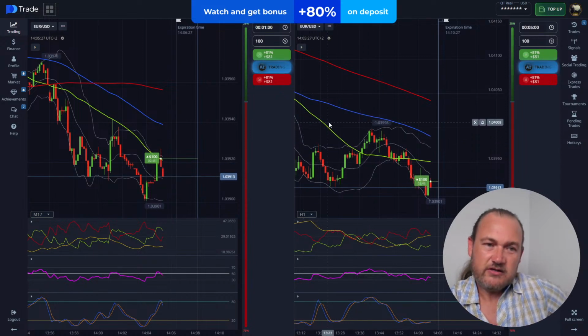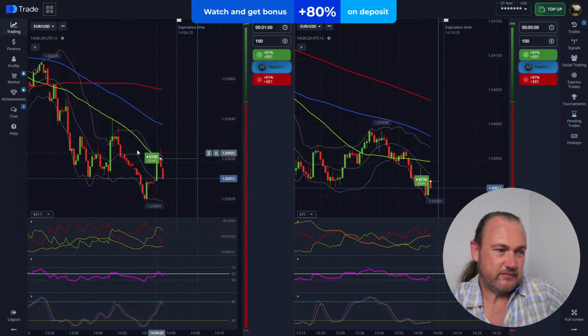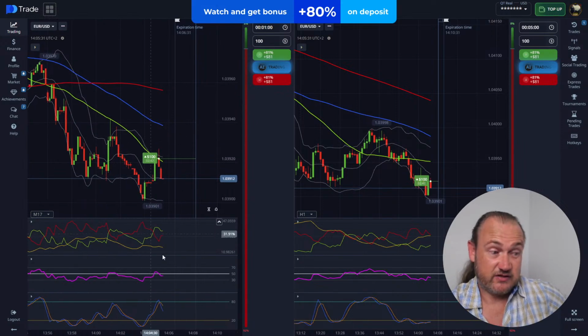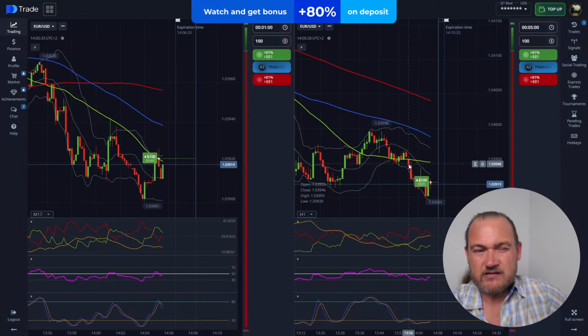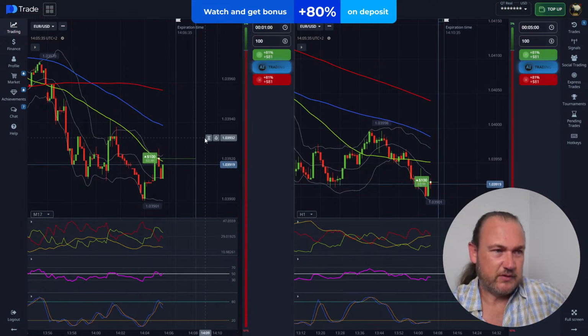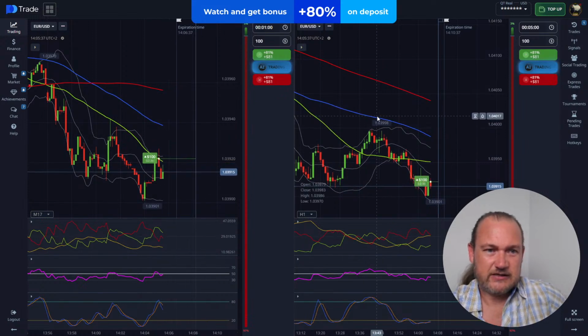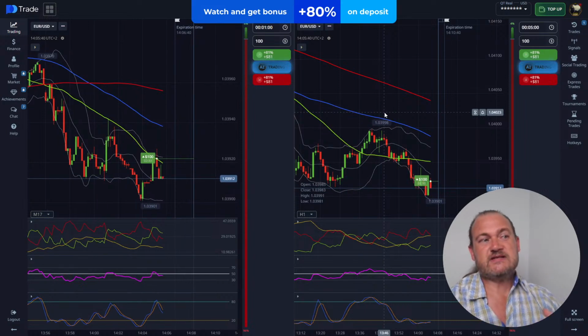The 3-minute buy might not have been the best idea because we did have some hidden bearish divergence on the 10 seconds, but it's a 3-minute trade. It could still very well play out. And we'll just sit and give it a second. But this is how